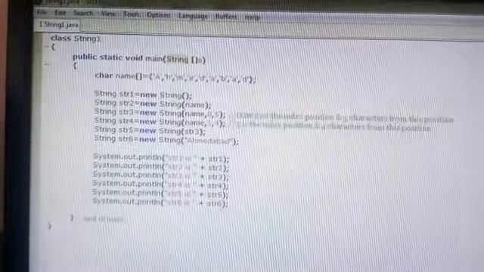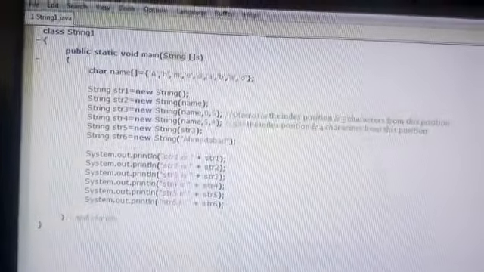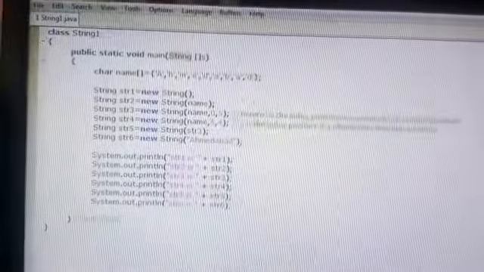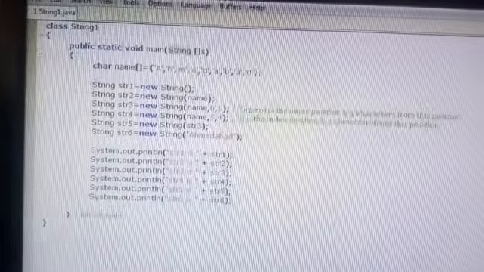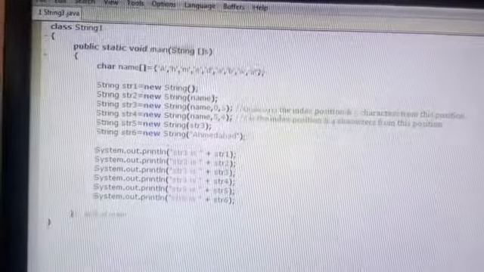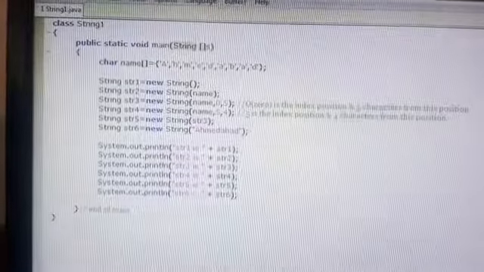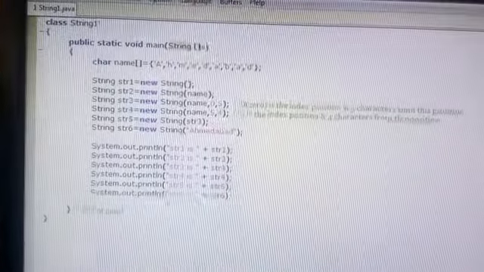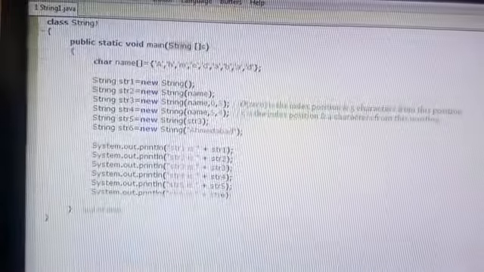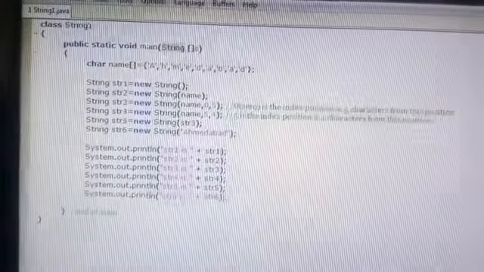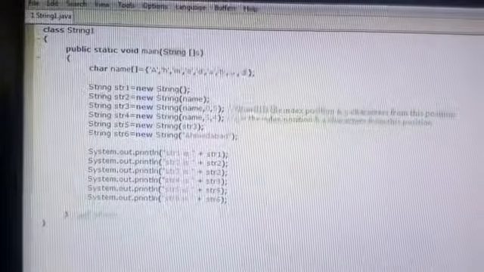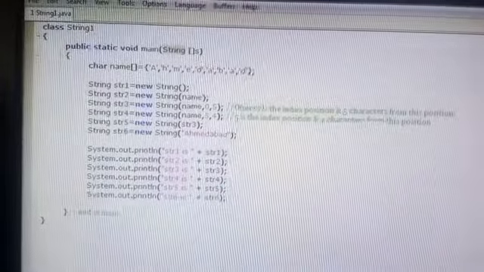But as you can see in the program, I have taken a char data type and made a variable name in which I am storing more than a single value. Next to name you can see a square bracket that shows name is an array variable.